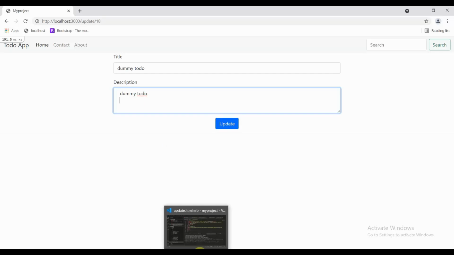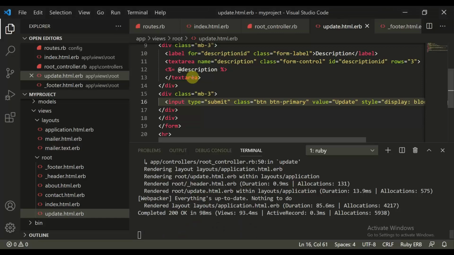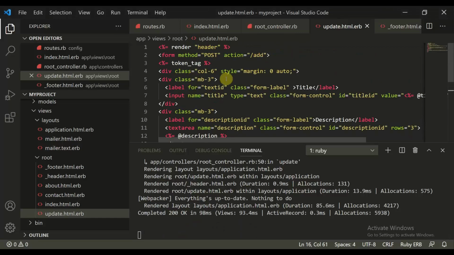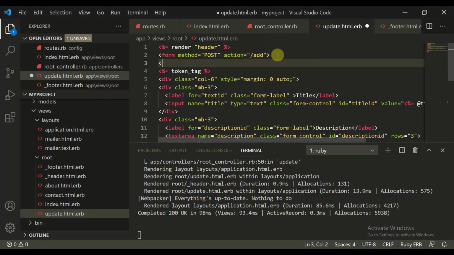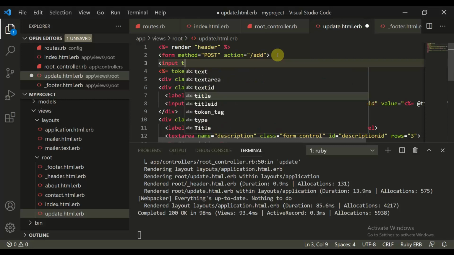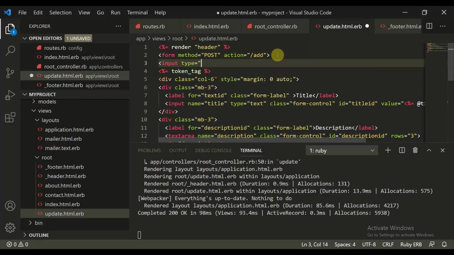So we need to create something. One thing I would show you: you need to maintain the id. So for that what you can do, you can do input type is equal to hidden.